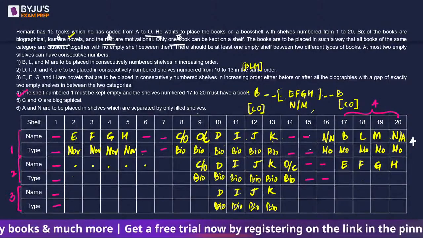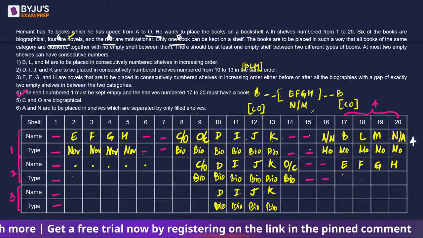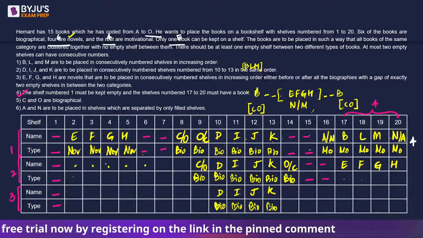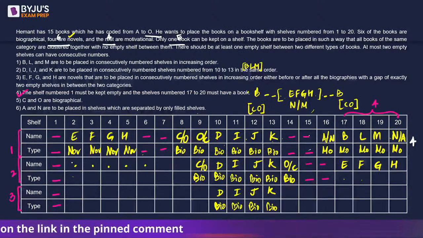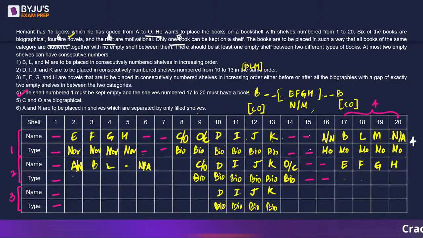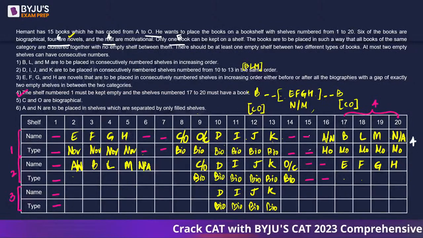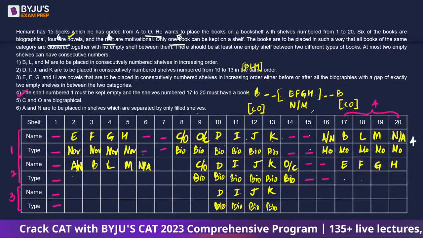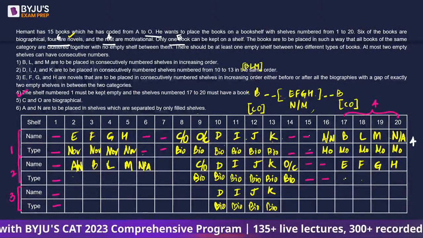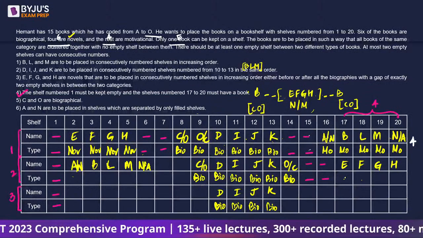Now, since all the letters are taken for biography and this one, whatever category that is, so we have to place it in A and N and BLM should be there. So I'm going to put A N here, or we can have N A here, and we will definitely have BLM. Now, what are the types of books these 5 and these 4 have? So these 4 are obviously going to be, sorry, these 4 are going to be,